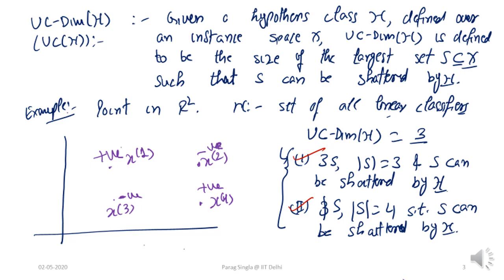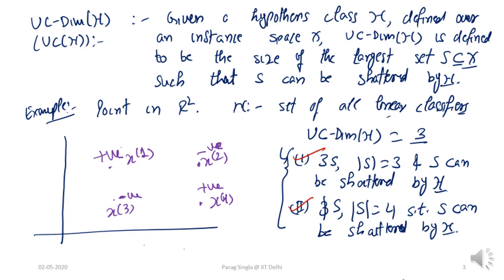So if you look at the right side of this slide, where we say the VC dimension of this hypothesis class is 3, to prove that, the first thing we will prove is that there exists a set S, and 'exists' is very important, of size 3, which is a subset of the instance space, such that S can be shattered by H. So there has to be some set of that size which can be shattered, and that we showed in the previous slide, that there was a set of 3 points which can be shattered, and that is sufficient to prove that the VC dimension is at least D, or 3 in this case.